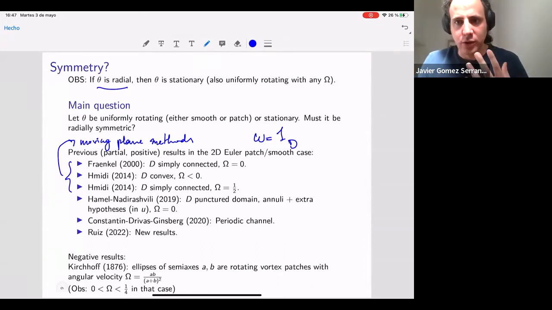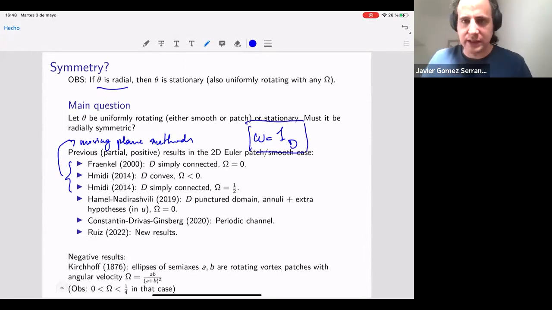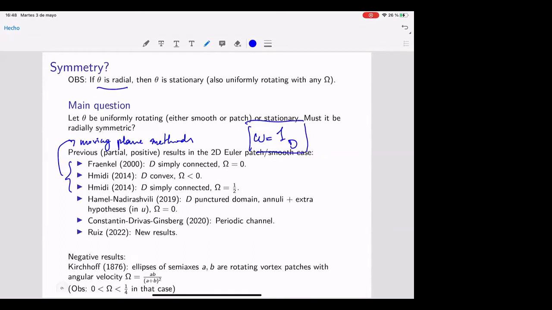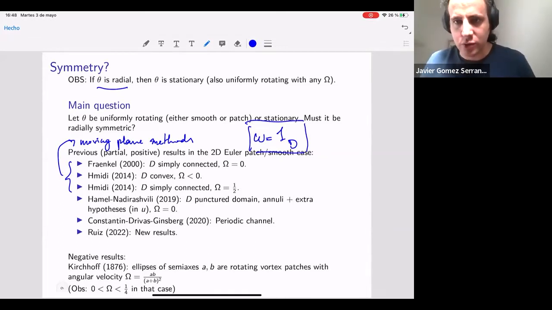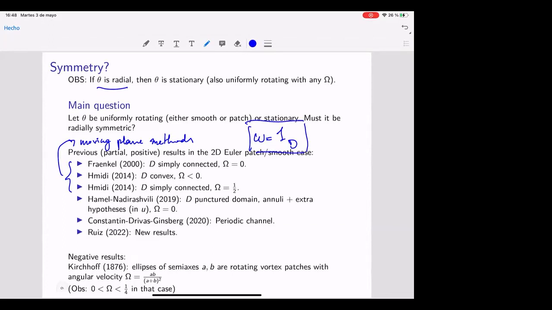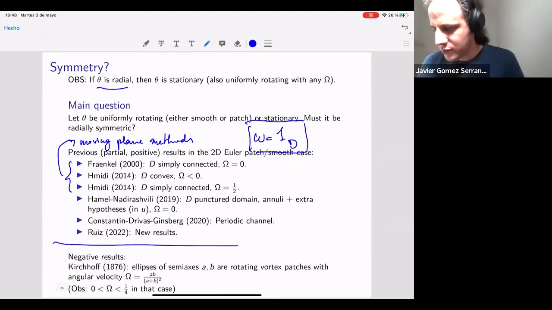So it is natural that if I change the sign of omega, then the sign of big omega is also going to change. But here I'm assuming so far that this is how it looks for a certain D. And then it may be natural that one direction is preferred to the other. It's not obvious, but one may think as to why omega positive or omega negative may be different a priori, and in fact they are. Okay, so this is when it comes to rigidity,